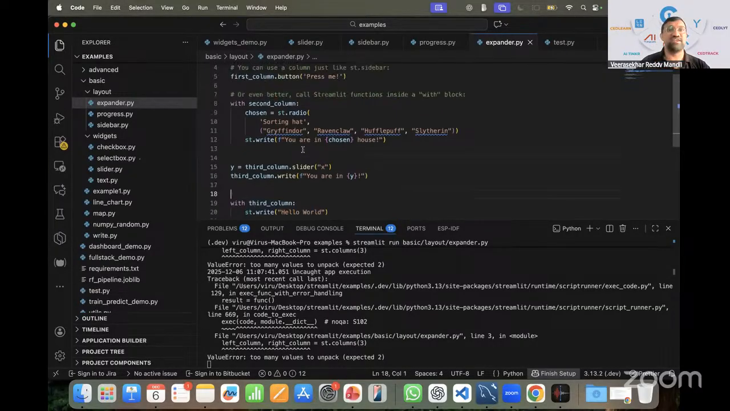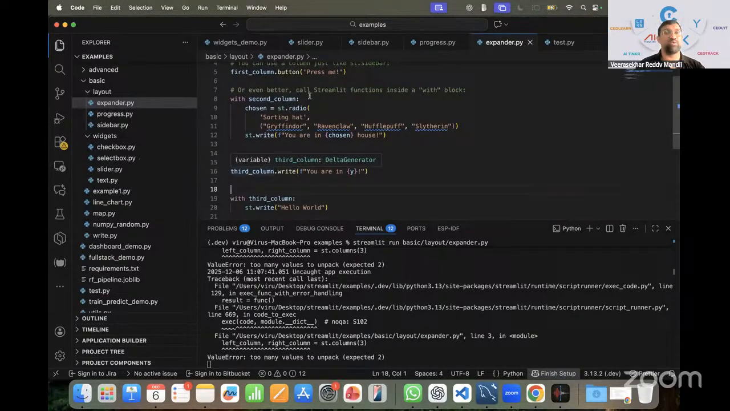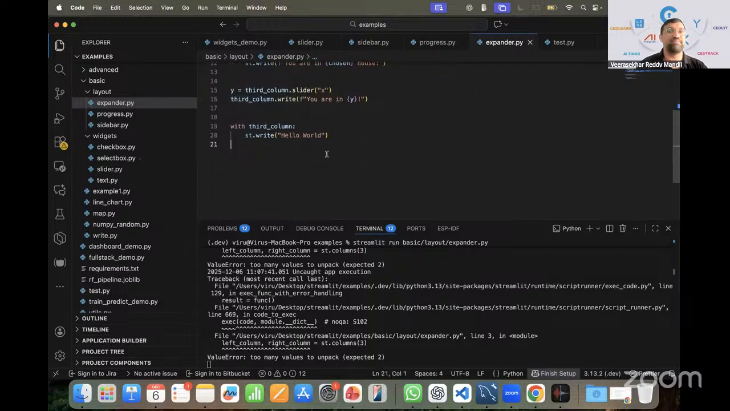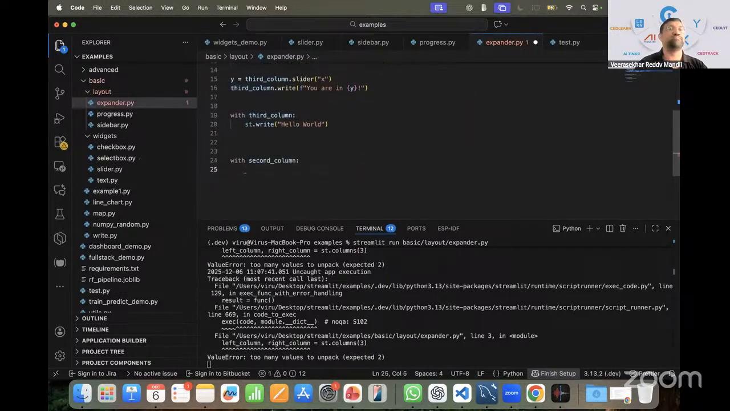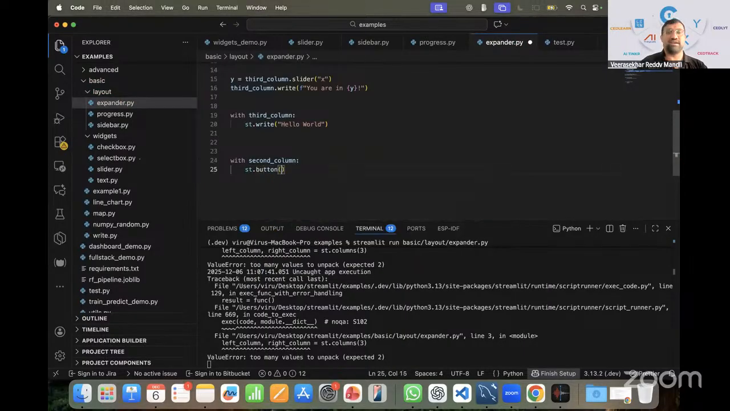Understood, right? So now let's say I'm going to do this. We did it for first column, second column, third column in a sequence. Now I'm going again with the second column. In the second column, I'm going to write st dot button inside, let's say,